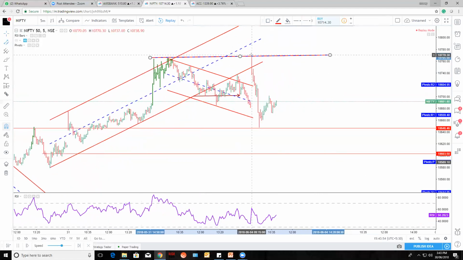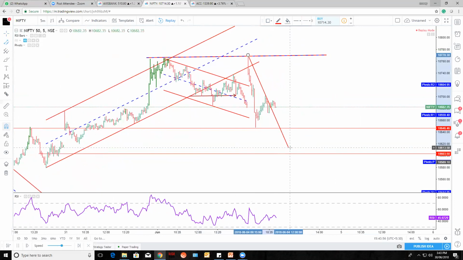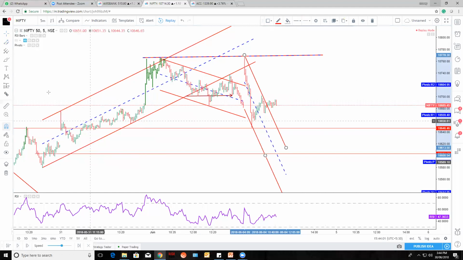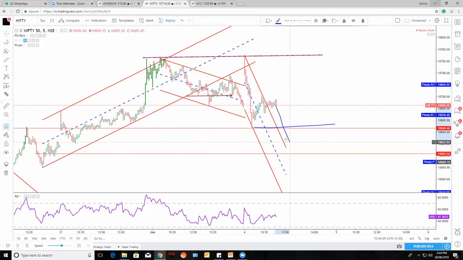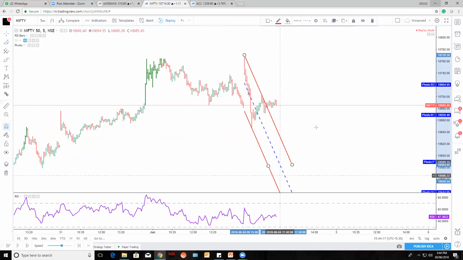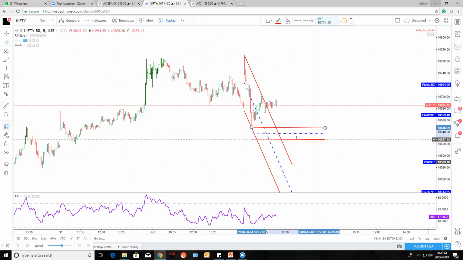Again, you need to draw the channel from here to this particular point. See, if you're drawing at this particular point, if you're thinking of this as a channel, see the price went upside. So that is the reason it is important to close below this to validate this channel. Okay, getting my point? Let's say if we are thinking that this is a high and this is a low point, we are drawing the channel like this. It will come to this point. It may come, but it may not. It is valid whenever the price is going below this. Then only this is a valid channel.